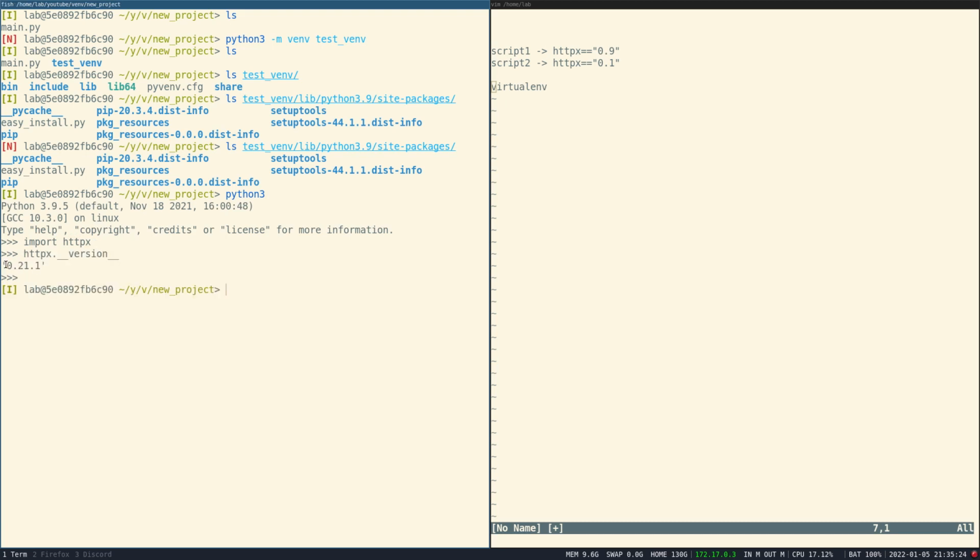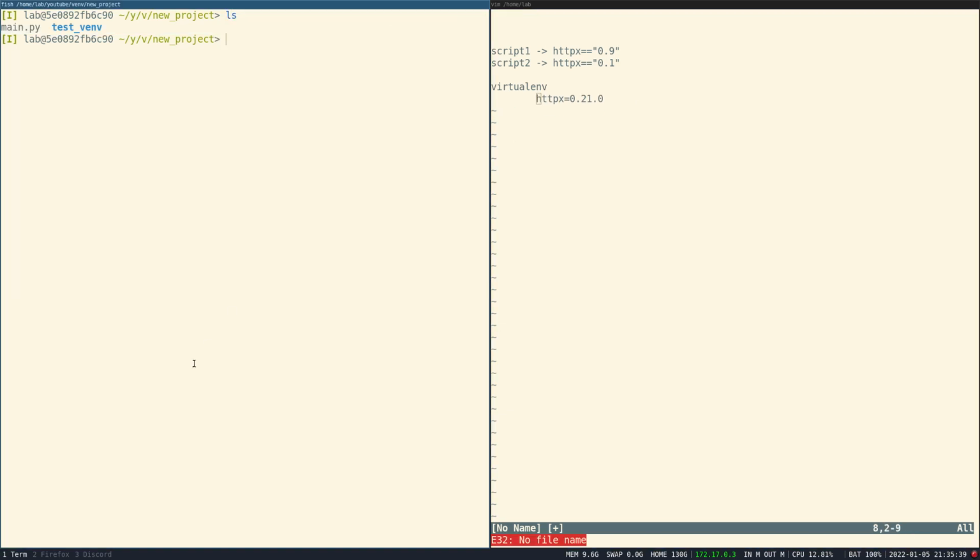Yep, it was 0.21.1, and I want to install HTTPX 0.21.0 in this particular virtual environment. How would I do that? First I need to activate the virtual environment, and to activate it you do source, and then inside the virtual environment directory, bin, and then activate.